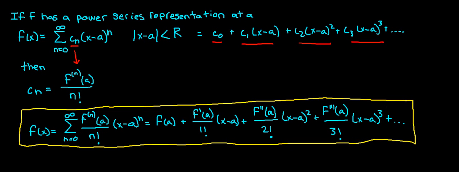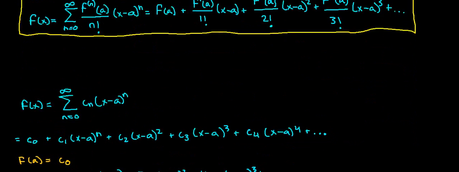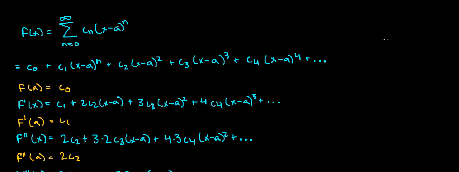So to get an understanding of what all this coefficient stuff is about, it's easy just to have a look at where this comes from. So take a general power series, f of x is equal to the sum from 0 to infinity of Cn times (x minus a) to the n, and write it out: C0 plus C1 times (x minus a), continuing on. And see what happens if we put f of a